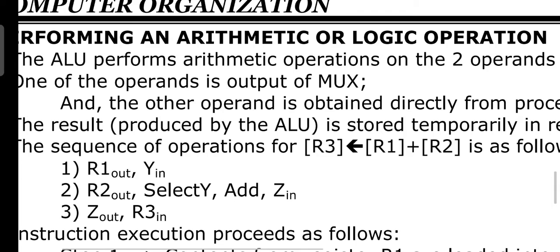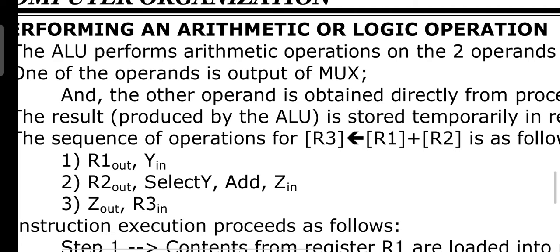Second step, similarly you have to read the content from the second register. What is the second register? R2 is the second register, right? So R2 out, you take the output from register R2, drive it with R2 out. Now data is placed onto the internal processor bus, isn't it? Next, what is to be done? Since the ALU is taking 2 inputs, one input is A, that is from the multiplexer, and the second input is B, that is directly from the internal processor bus. Obviously, check the diagram.